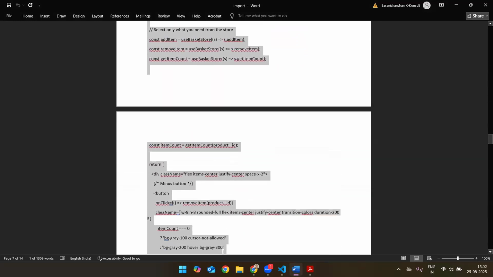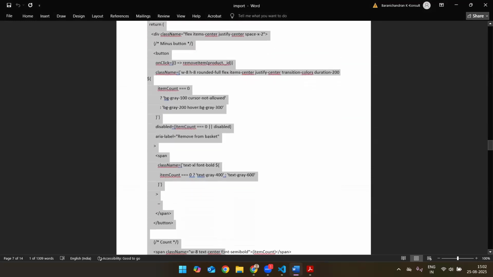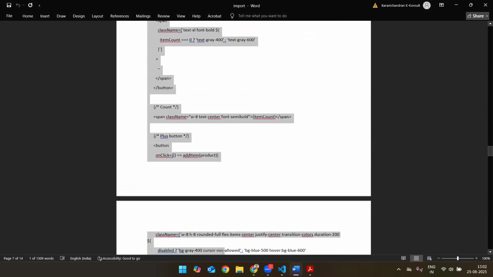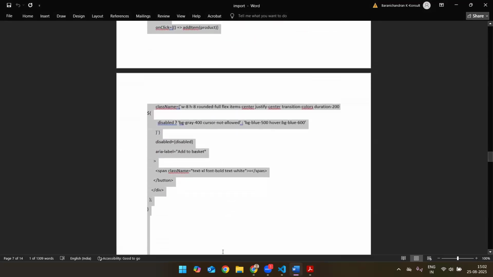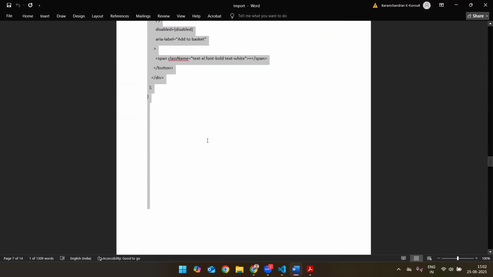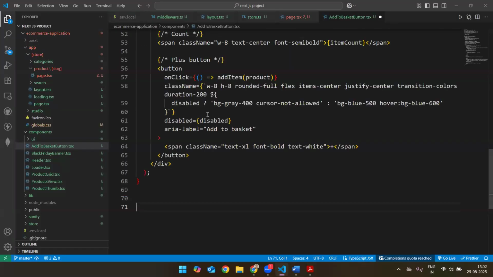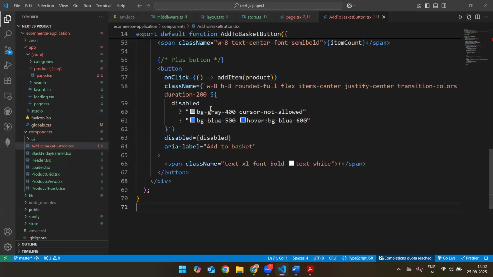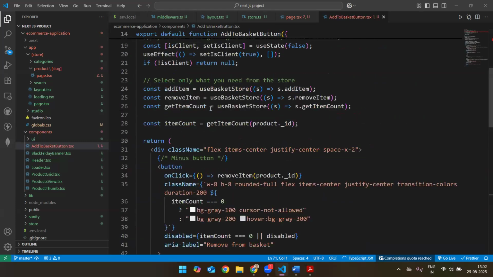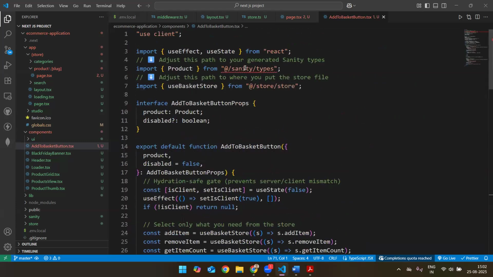Hydration, select only, yes, it should have a return. Plus button, minus button. But your task is to just figure out what each and every functionality is. So this one, like sanity dot